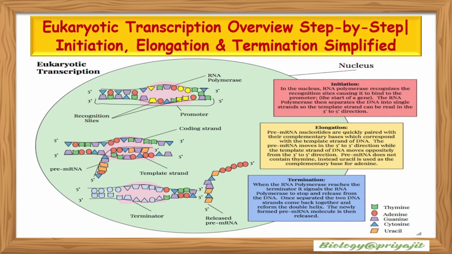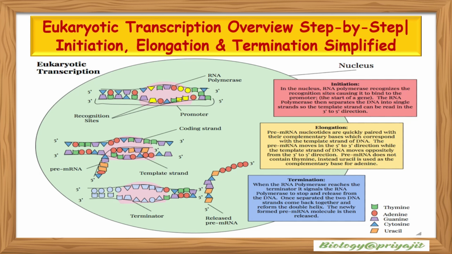In this class, today we will explore eukaryotic transcription step by step, focusing on its three main stages: initiation, elongation, and termination. Transcription is basically the process by which genetic information in DNA is copied into RNA with the help of specialized RNA polymerase and transcription factors. By understanding these stages in a simple and systematic way, we will see how eukaryotic cells precisely regulate gene expression